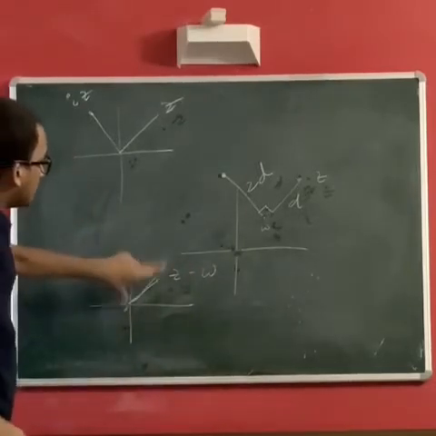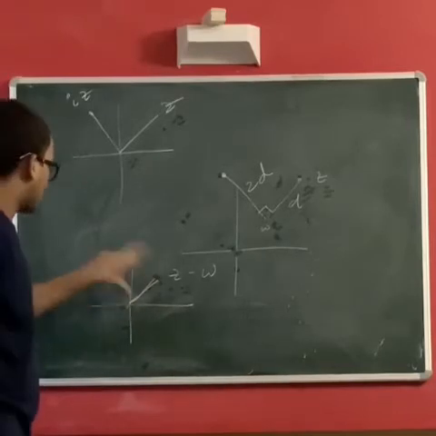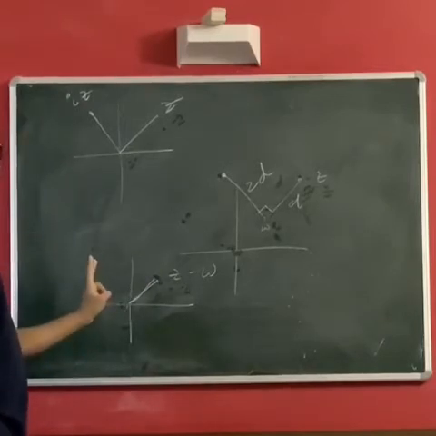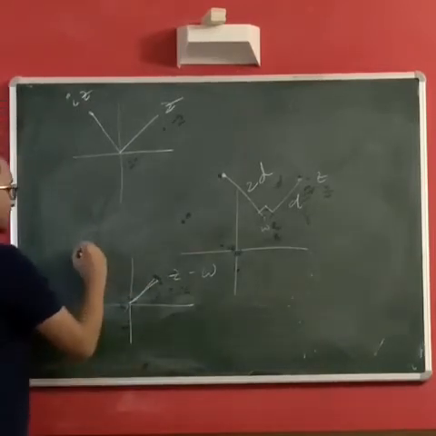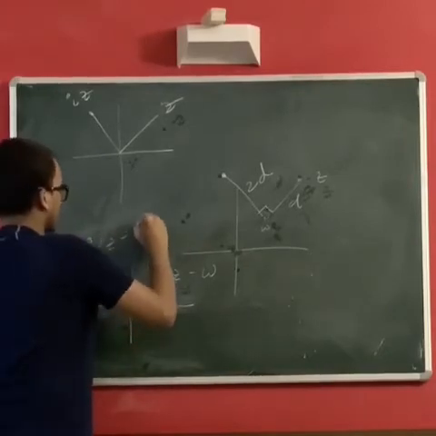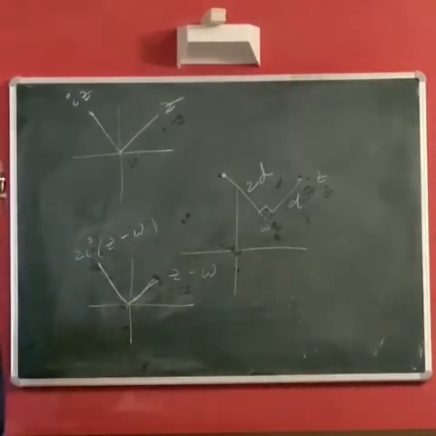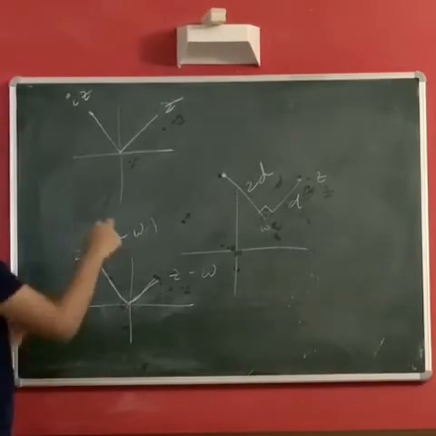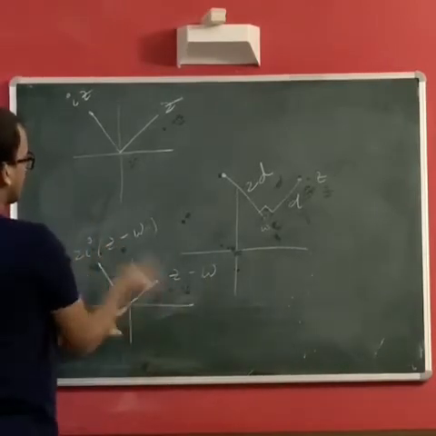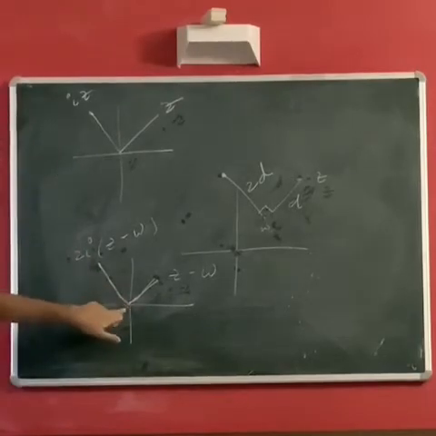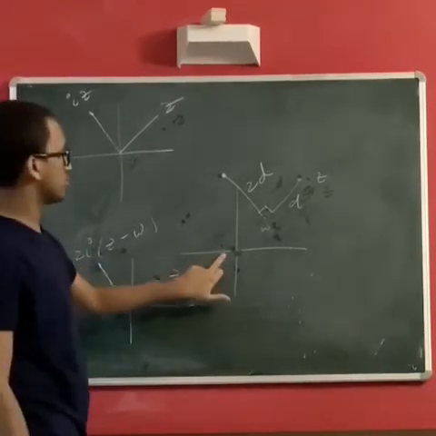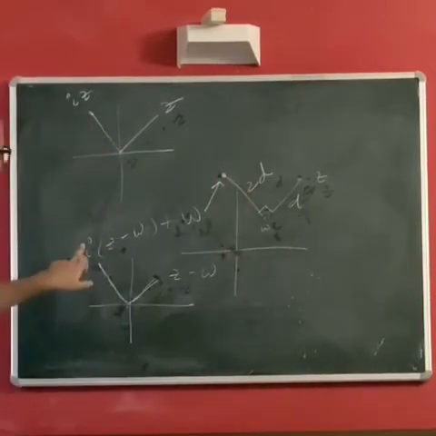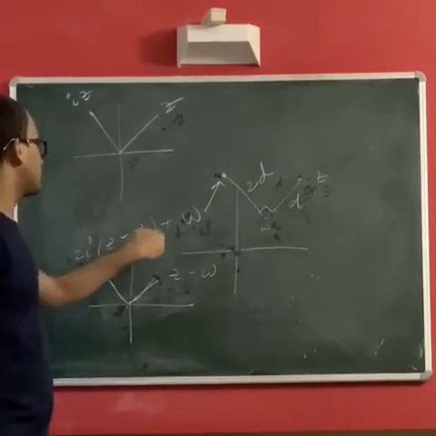Now we want a rotation of this by 90 degrees, multiplied by 2. We want the modulus multiplied by 2, but rotated by 90 degrees. So we have to multiply by 2i times z minus w. Nice. But this is the representation of that complex number which you get by rotating by 90 degrees with origin as w. You want the origin to go back to 0, so we just add w to go back. Simple. So this point is 2i times z minus w, plus w.